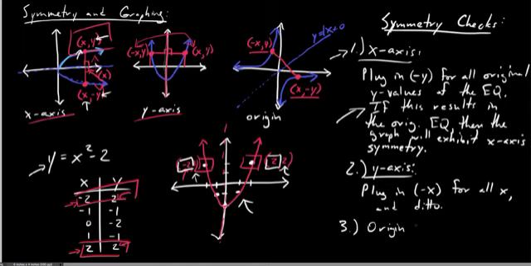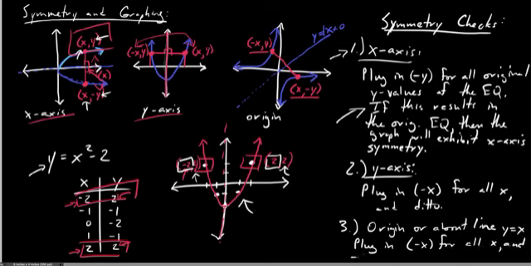So for origin symmetry, we're going to plug in negative x for all x, and negative y for all y, and ditto. If we end up with the same equation we started with, then we'll have